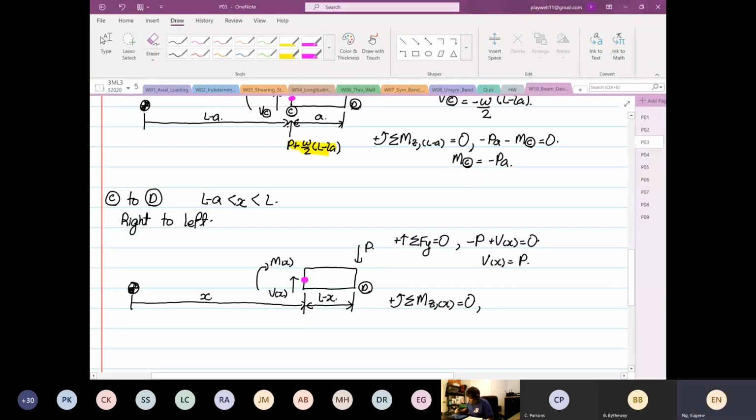So minus P (L minus x), and then M as a function of x is also going clockwise, minus M as a function of x is equal to 0. So you have M as a function of x is equal to minus P (L minus x). So this is equal to